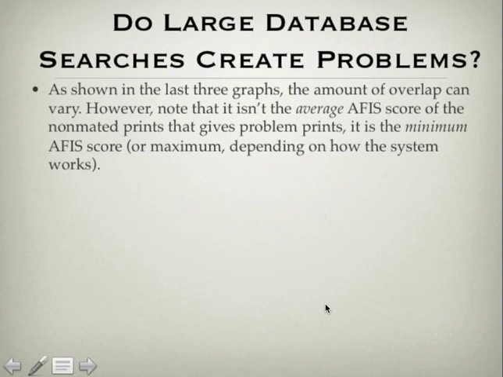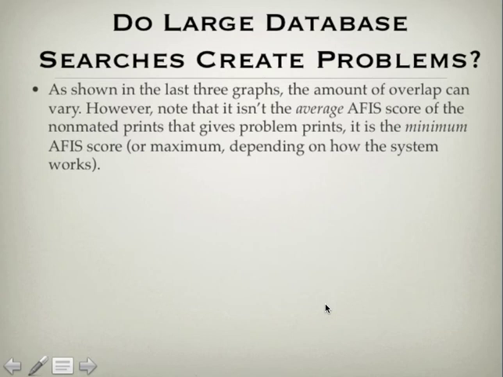Well, as we showed in the last three graphs, the amount of overlap can vary. However, note that it isn't the average AFIS score of the non-mated prints that gives problem prints. It's the minimum AFIS score, or, well, maximum if you have an AFIS system that uses larger numbers for more similarity. But the close non-matches, those prints that would create a potential problem, a potential erroneous identification, where you say, that's the guy, that's him, and in fact it's not him, so you're putting potentially an innocent person in jail,